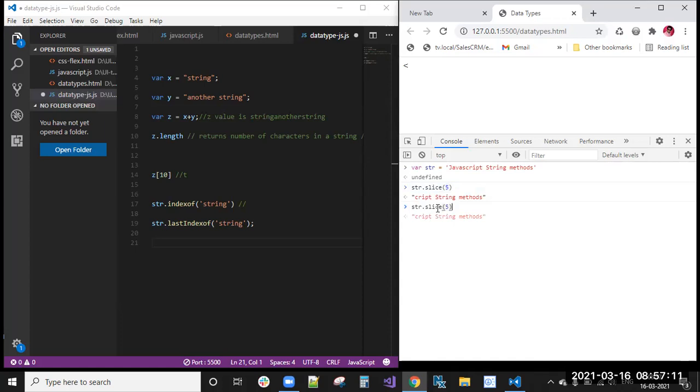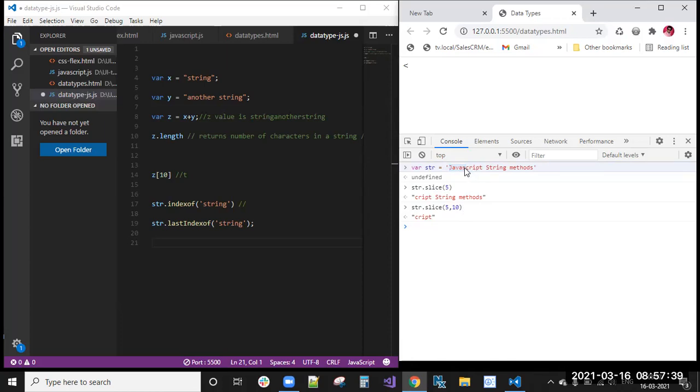If I don't want from 5 to the end, I can give here 10. Then 0, 1, 2, 3, 4, 5, the fifth position, so from the fifth position it will count 6, 7, 8, 9, 10. So SCRIPT. The fifth position is where it started, so it will not count the fifth position. So 5 to 10 means 6, 7, 8, 9, 10.